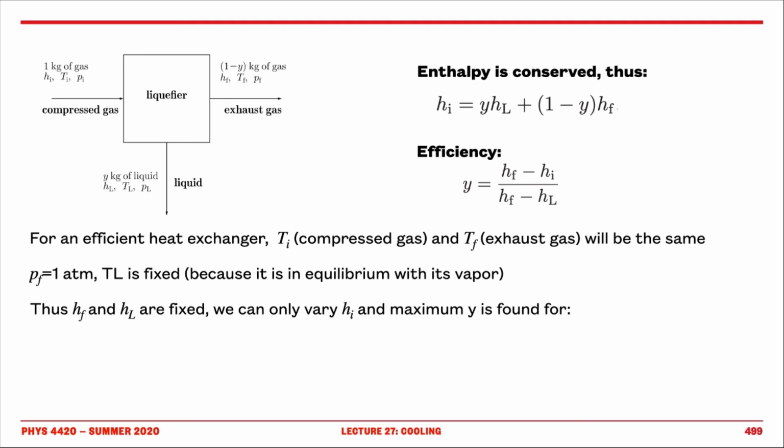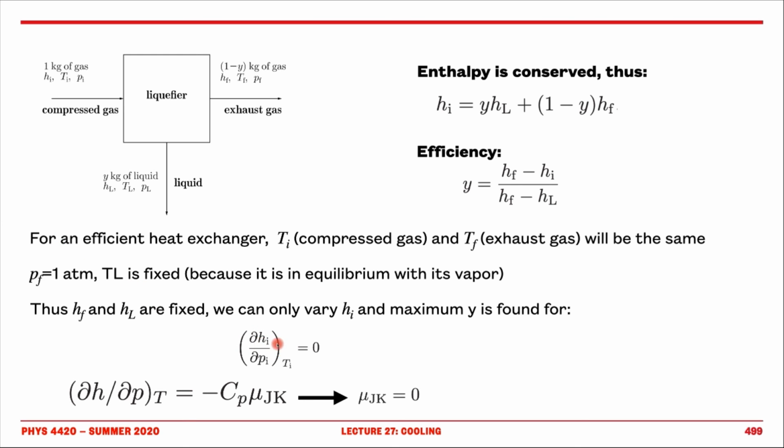So what if we want to optimize the efficiency? We want to find what initial enthalpy we have to use in order to maximize the efficiency. Of course, we have here an optimization problem where we have to simply calculate the derivative with respect to pressure. When we calculate this, and I do not insist too much on this as it's explained in the book, and it's not fundamentally different from what we've done before,